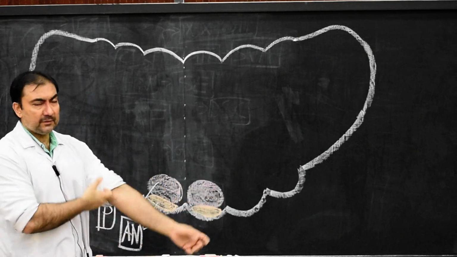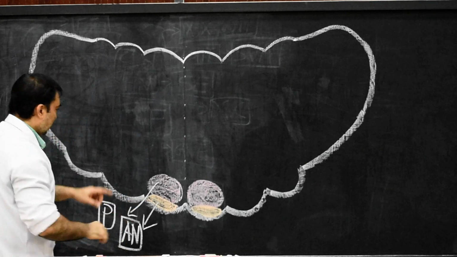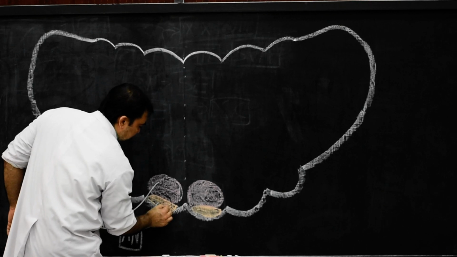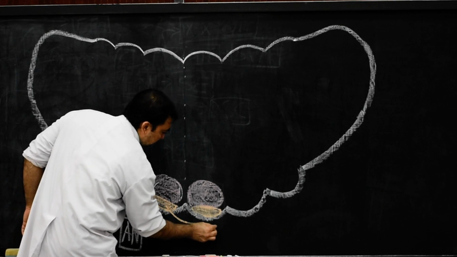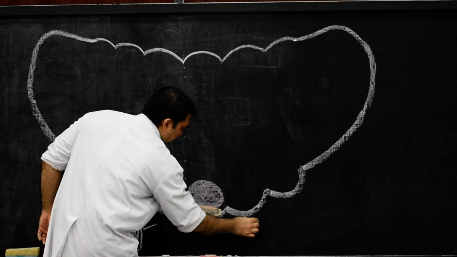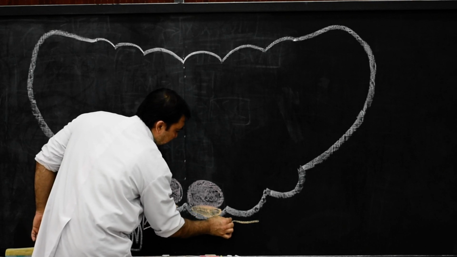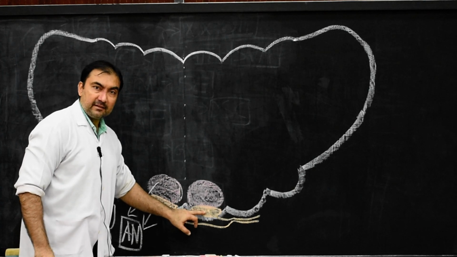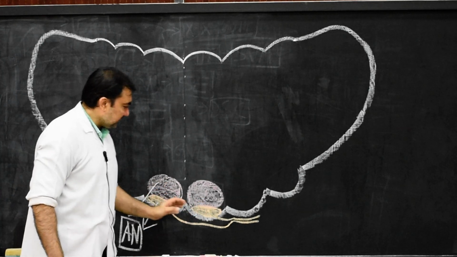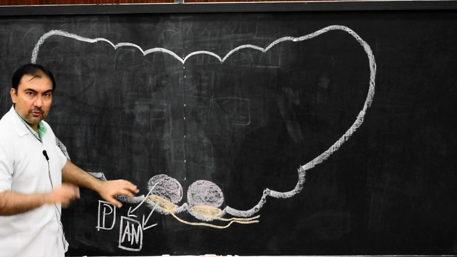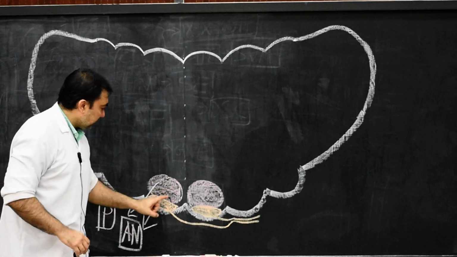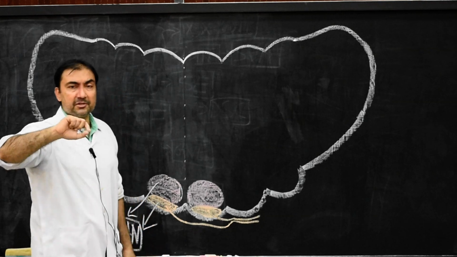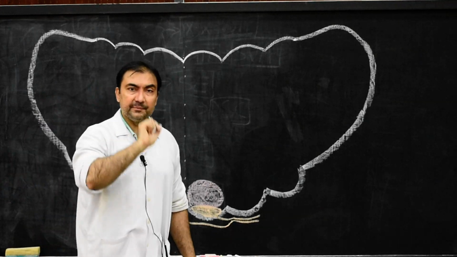These efferent fibers of the arcuate nuclei, remember, from the right as well as the left side, will pass in such a way that, for example, from this side it is passing, and also from this side it will pass. So contralateral, ipsilateral, both sides will pass to the right side as well as to the left side. Only one side we are drawing. So from the arcuate nuclei of the right and left side, they will pass contralaterally. Here we don't mention right and left, we mention contralateral and ipsilateral.